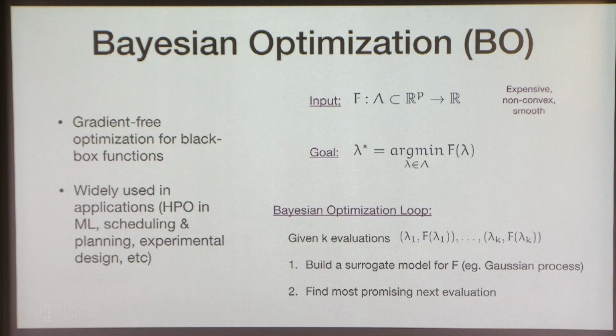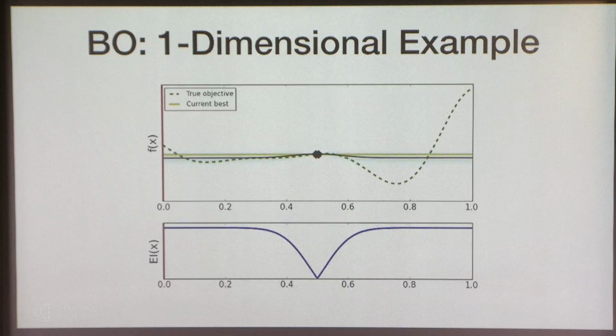But also when we have indication that the minimum can be around some place, so we have a place where this f hat is relatively low, we might want to do some exploitation and try to do some local search around that area to see if we can improve that minimum a little bit. So if that didn't make any sense to you, let's do it again through an example.